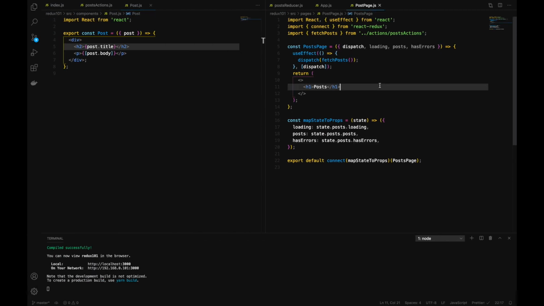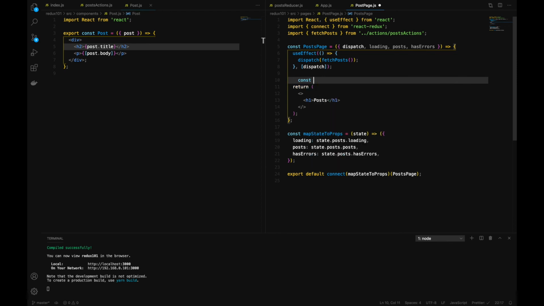So for that one, we need to add a constant, maybe renderPost. So we can call it const renderPost, and then for that one, sorry, it should be posts. Okay, renderPost, const, let's const post, and then